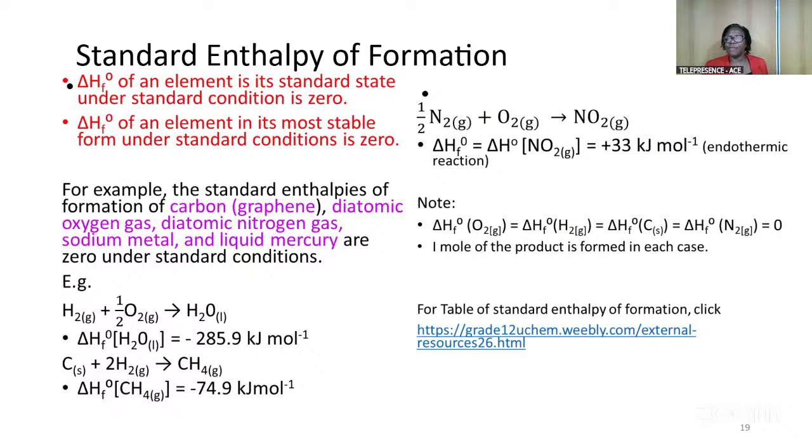And that value is plus 33 kilojoule per mole, and it is an endothermic reaction. So the formation of NO2 means that heat is absorbed for the process to take place. So it is a positive enthalpy change that you get. Now, in all of these examples that I gave, if you look carefully, you will find some of